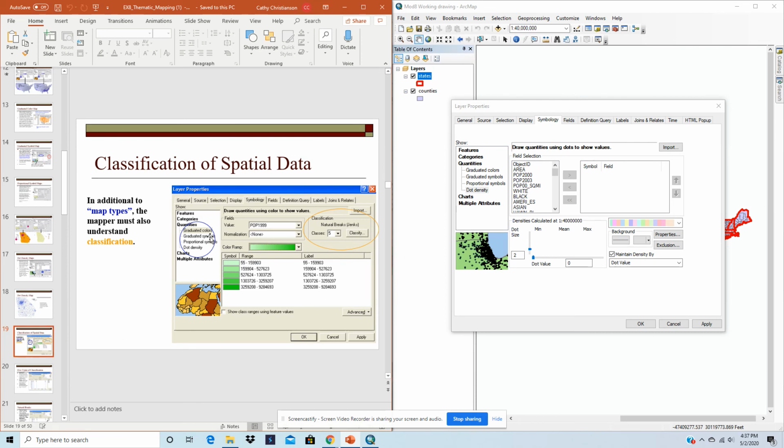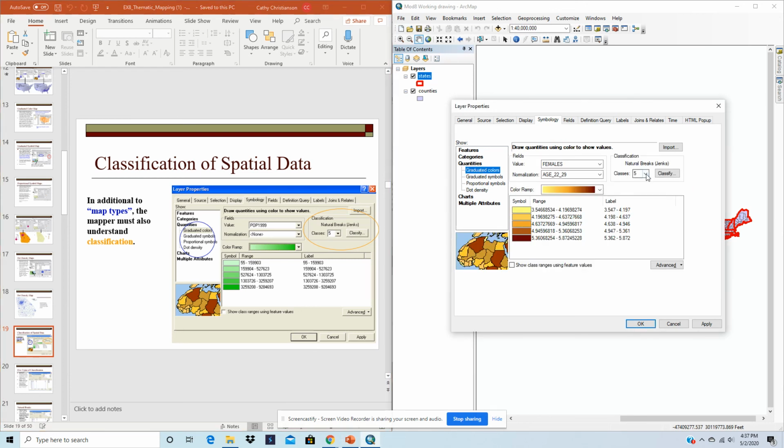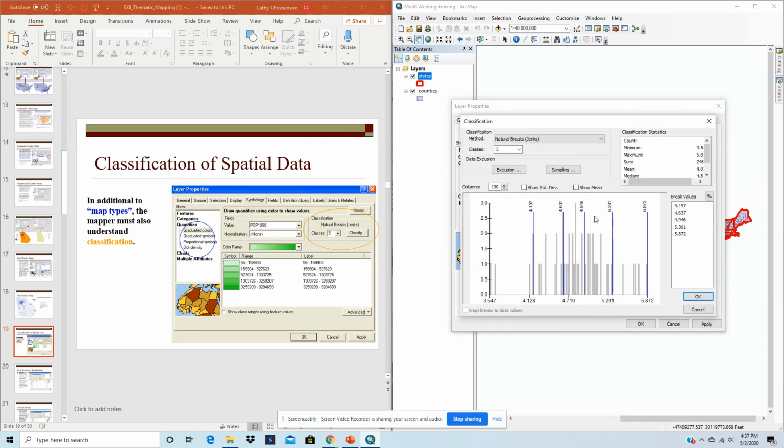Then under quantile, you have colors. Now, you will need to know this. Under quantile, graduated colors, there's different breaks that you can use. And they have some called natural breaks. And there's a classify button, and it may tell you which way to classify it. It might say